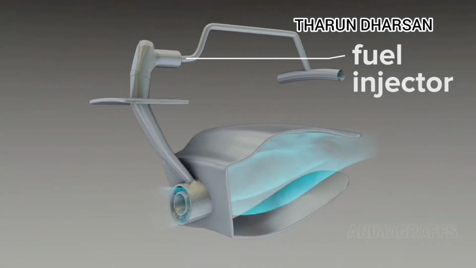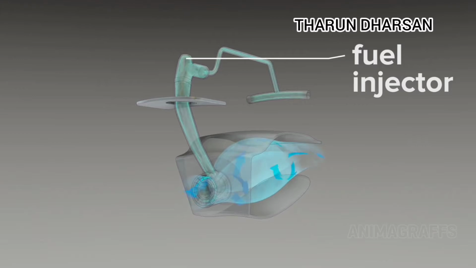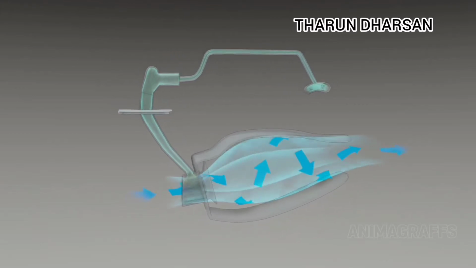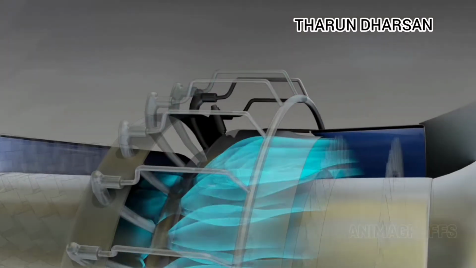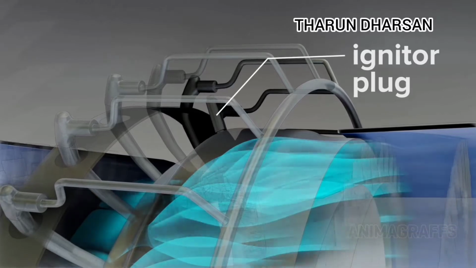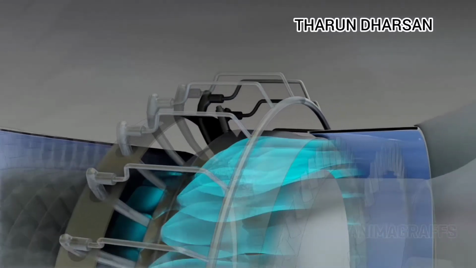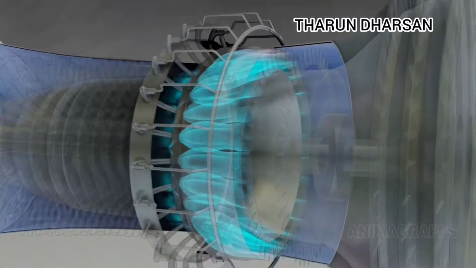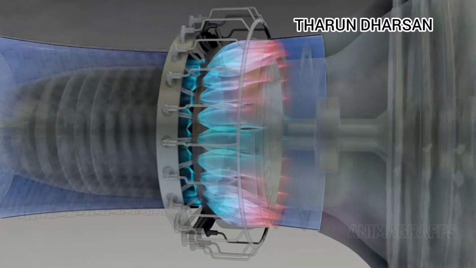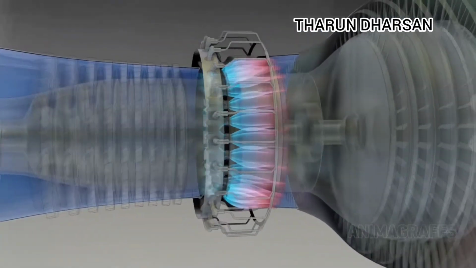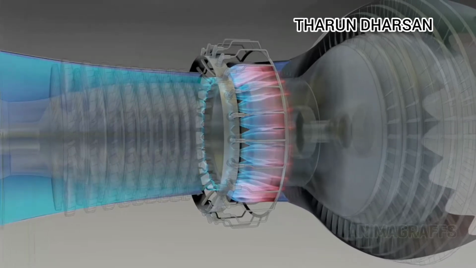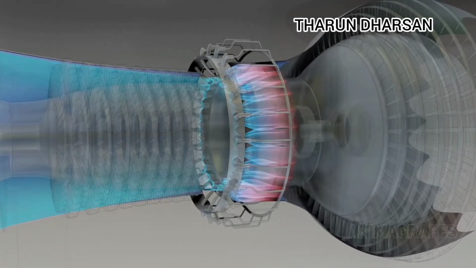Each nozzle is coupled with a fuel injector and is designed to swirl the incoming fuel and air for an even mix. A couple of igniter plugs, unlike the spark plugs found in car engines, ignite this mixture. The reaction spreads evenly around the ring. Once started, the combustion continues as long as air and fuel are supplied.